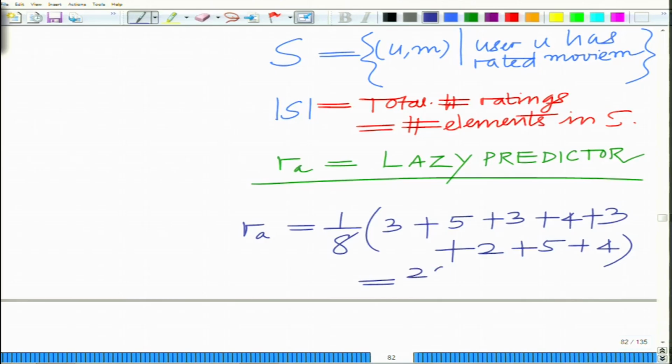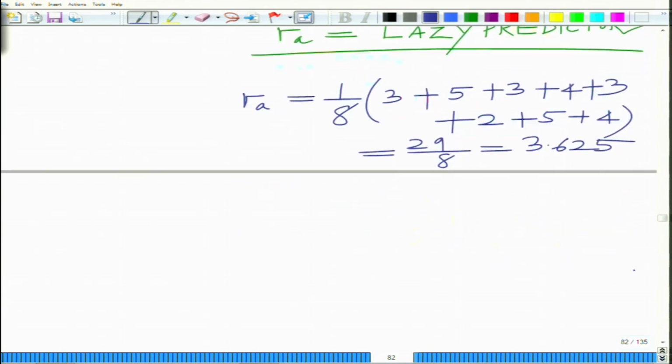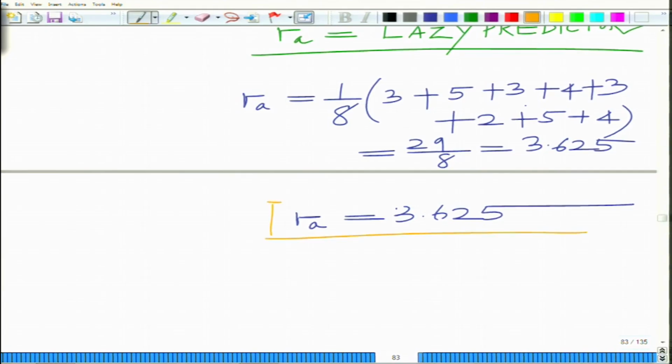This you can check: 29 divided by 8. 5 plus 8 plus 11, and 15, 18, 20, 25, 29. 29 divided by 8 is 3.625. So the average rating of each user for each movie, RA, equals 3.625. But as I have already told you, this is very simple. Its performance is going to be very poor,